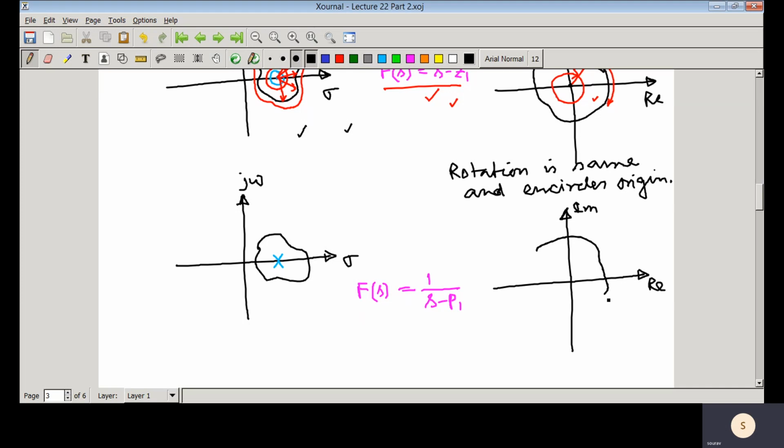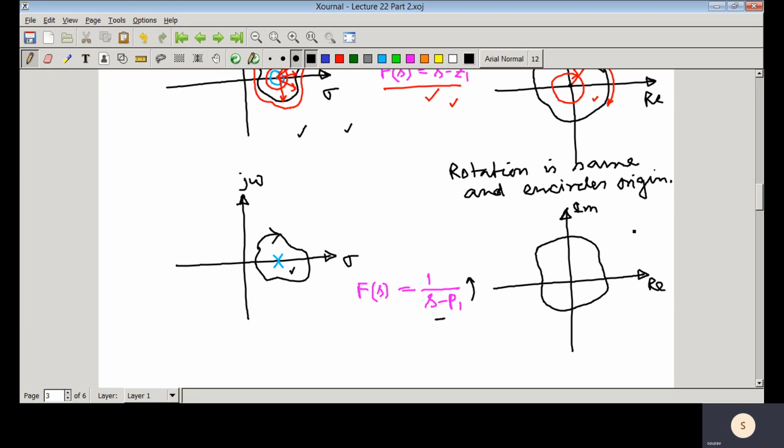We can see that once it encircles that pole, as we have just discussed, the total angle contribution would be 360 degrees, and now it is in the denominator. So if you bring it to the numerator, that angle would be minus 360 degrees. This is the clockwise direction, which conventionally we take as negative. Now, if you bring it to the numerator, that minus 360 degrees would be plus 360 degrees.